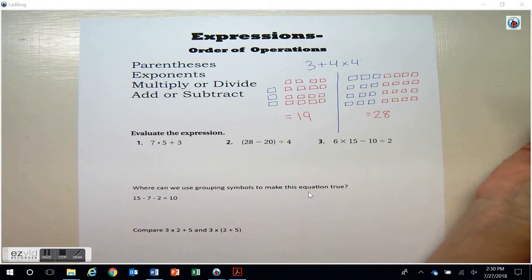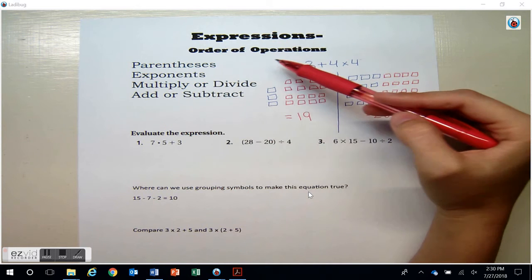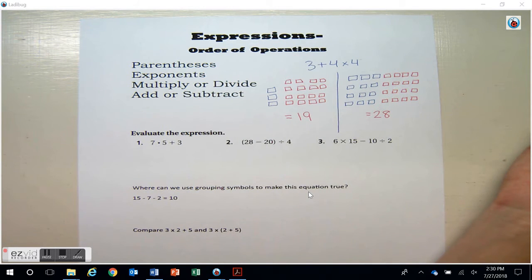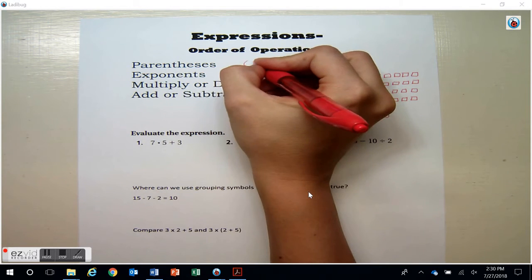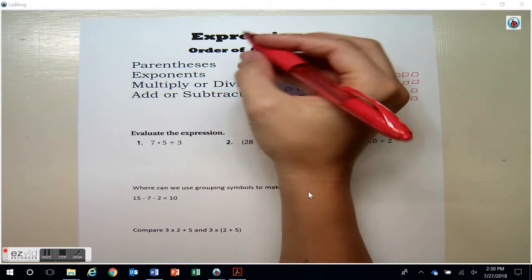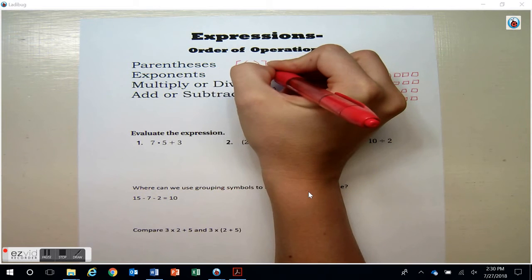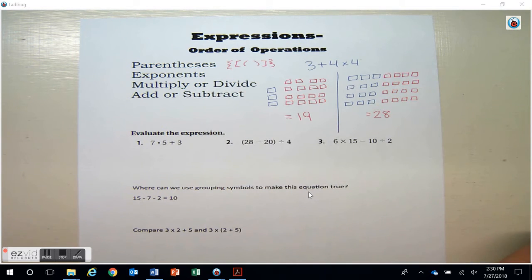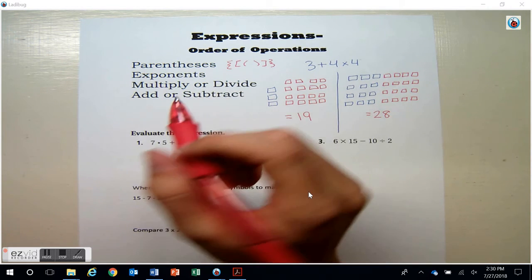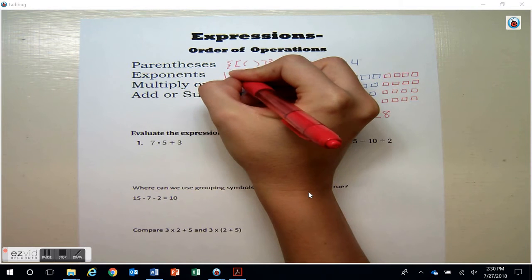So that's why we follow the order of operations. The order of operations begins with parentheses. Parentheses, any type of grouping symbol, parentheses, brackets, braces, all of that would be considered during the parentheses part of the order of operations. The next step would be to look and evaluate